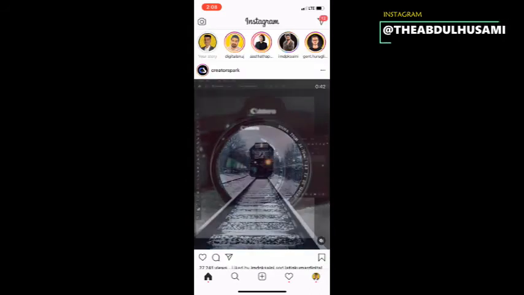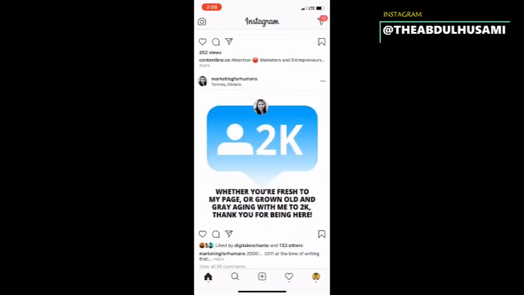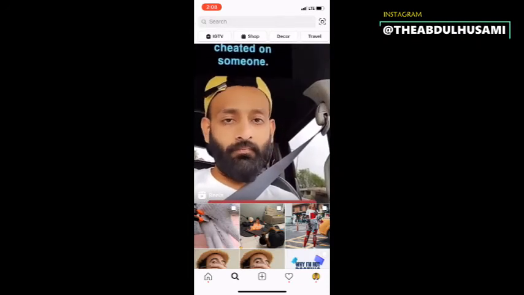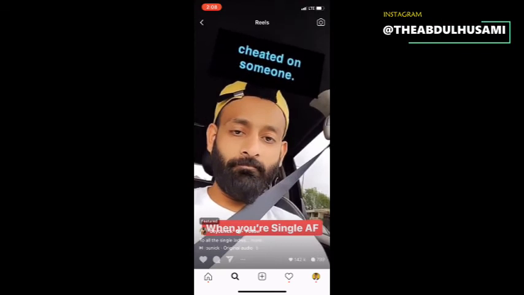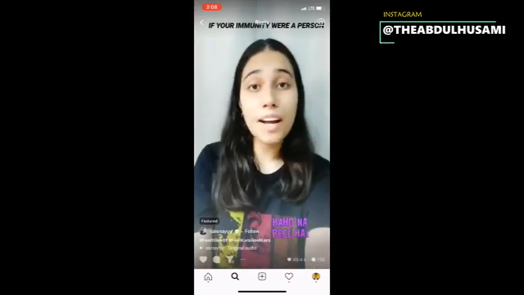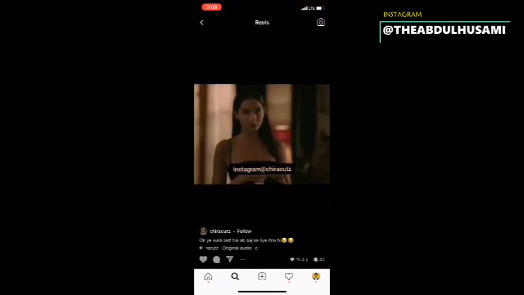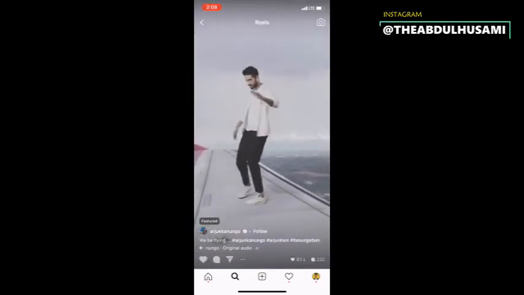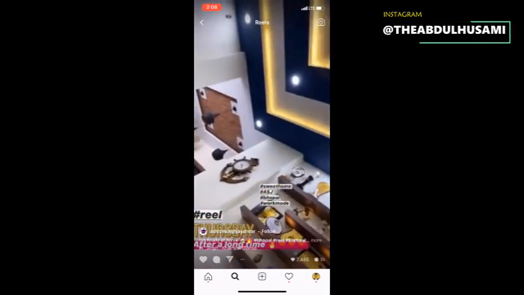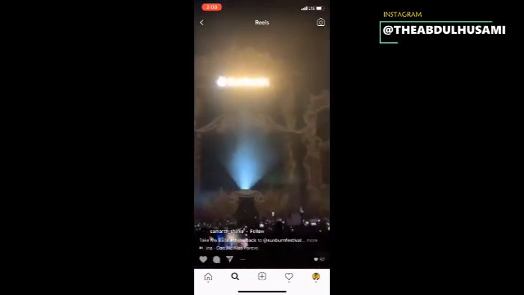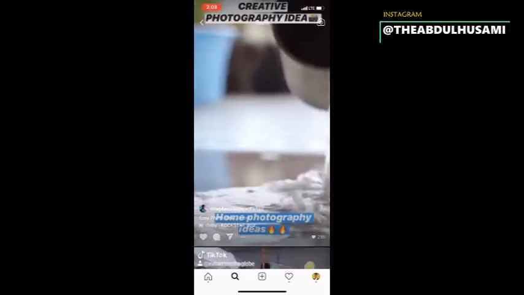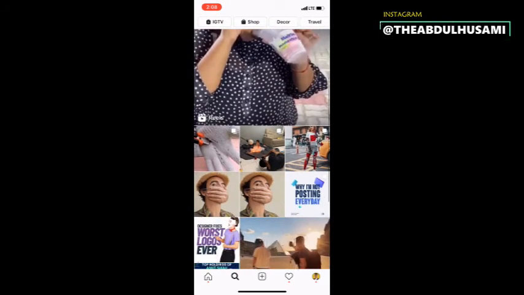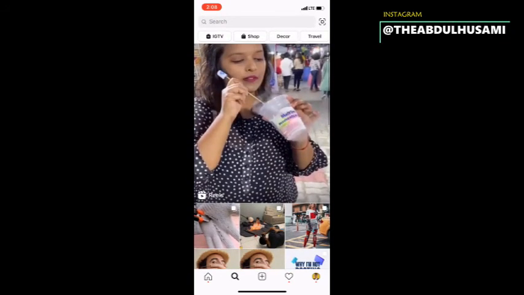And if you want to see other people's, other accounts' Reel videos, go to the search bar, and here is your Reels tab. You can tap and see what all the TikTokers, oh sorry, I mean Reels. Here you can see who all have made Reels. This is the same as TikTok. You just have to swipe up and you can see the videos which all the Reels accounts have made. So this is what you can do, guys.